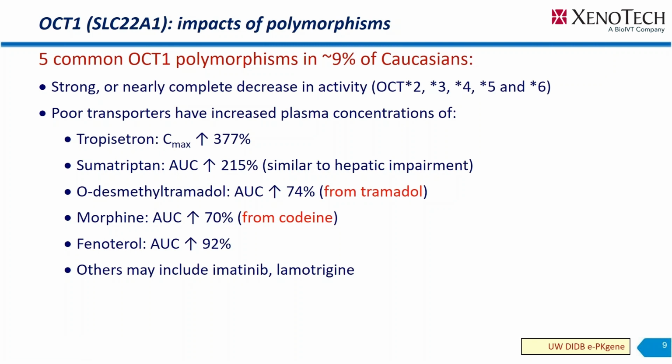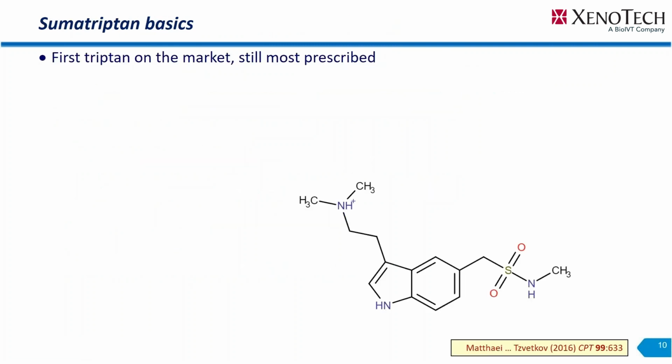So I want to focus on sumatriptan. That was the paper that really piqued my interest, and I think it's one of the more interesting case studies. It was, of course, the first triptan on the market, and it is actually still very highly prescribed. It has a low bioavailability,